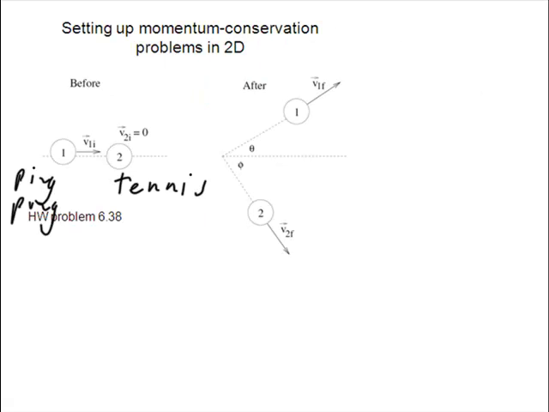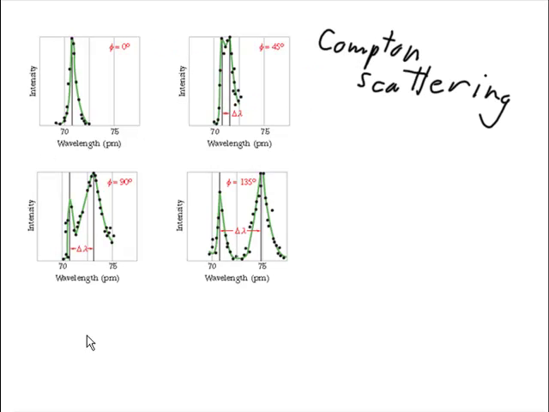it's not like colliding with a tennis ball. It's more like a ping pong ball colliding with a bowling ball. The bowling ball will essentially not recoil at all, and all of the energy stays with the ping pong ball. If we think about it in terms of our formula,